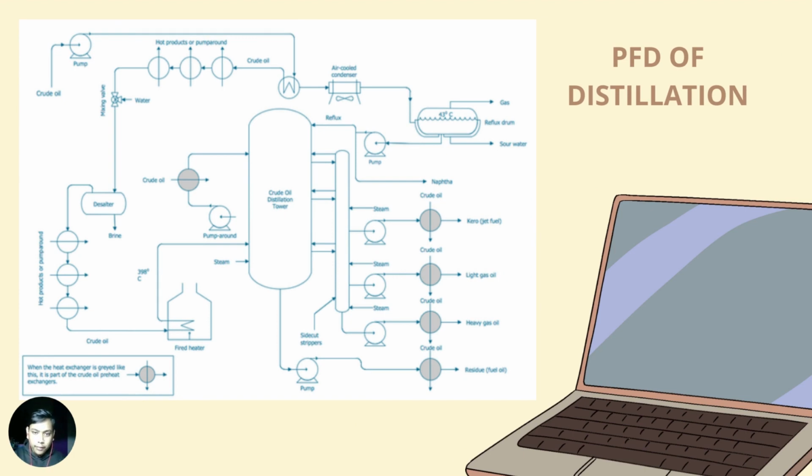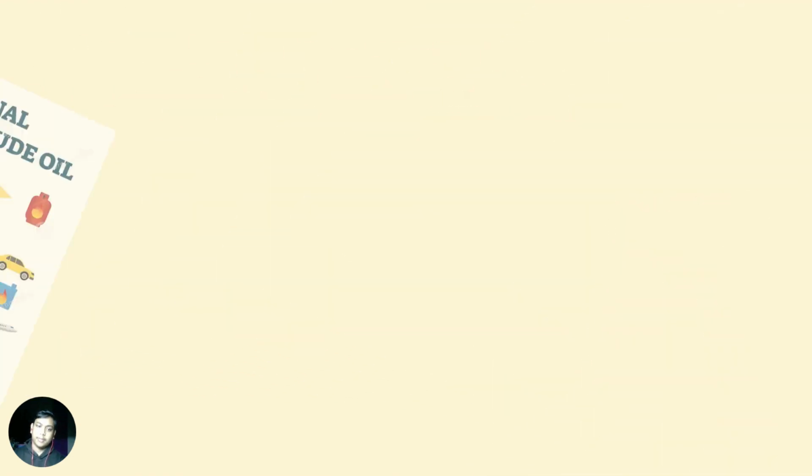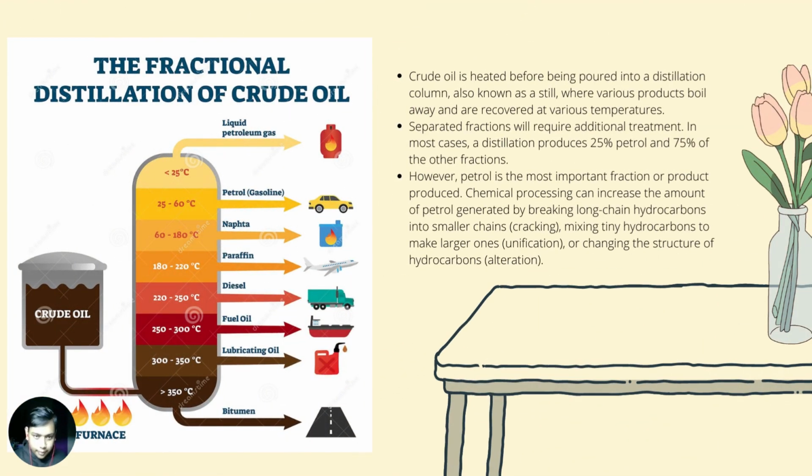This is a PFD of distillation. The crude oil will flow into the distillation column in the middle, and then the crude oil will be heated to some point of temperature, and then the product will separate into other ways. Okay, next is what happened in the